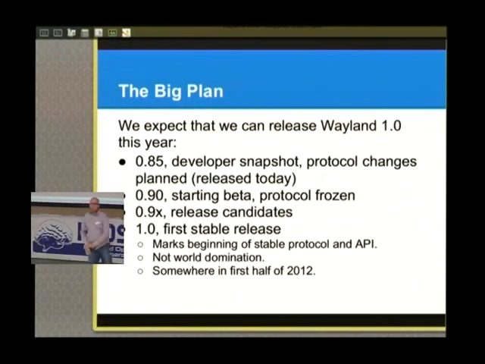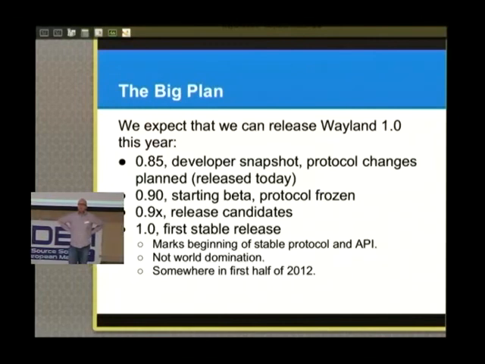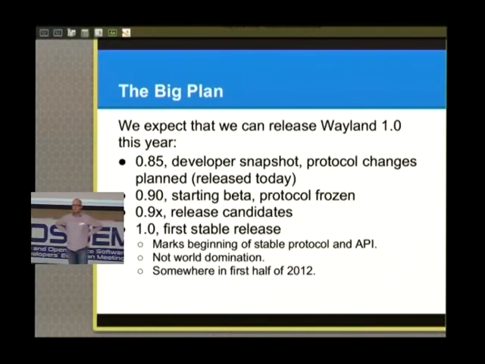So one of the things is that we've been working on Wayland for quite a while, and for a long time it's been a research project. We've been breaking protocol, we've been rewriting this and that, and we've been refactoring, moving things around between different processes and trying to figure out how things should work. But we're getting to a point now where we haven't really changed the protocol in fundamental ways for a long time. We've had the same API, the same architecture, the same model for how things work for a long time now.